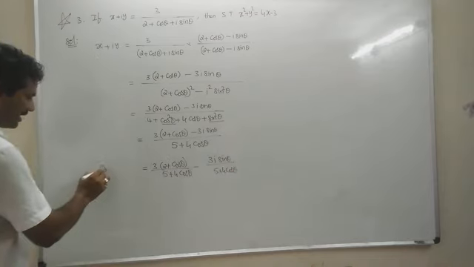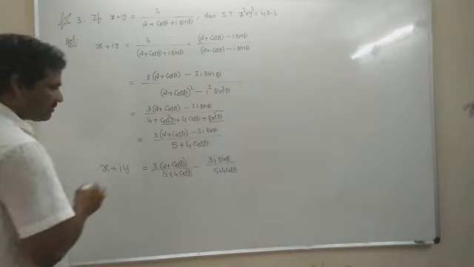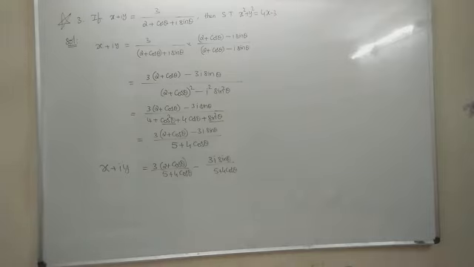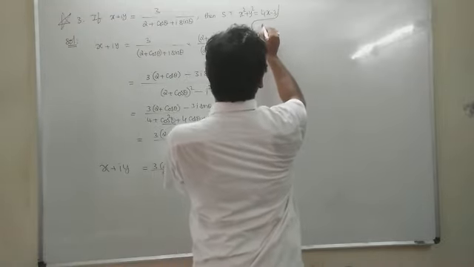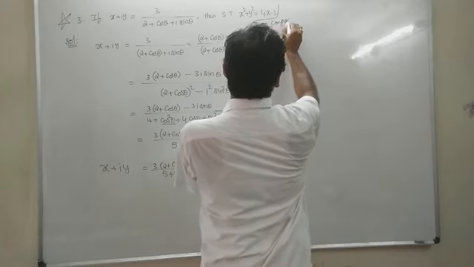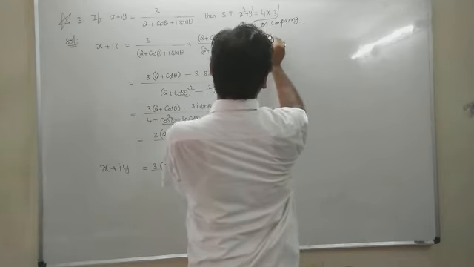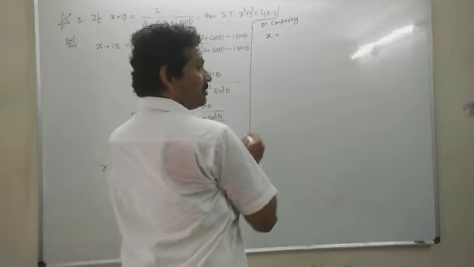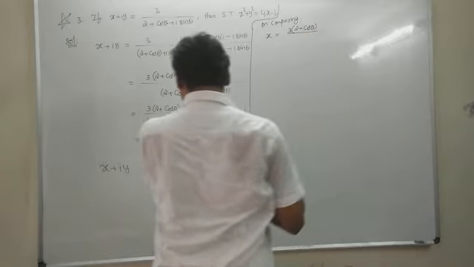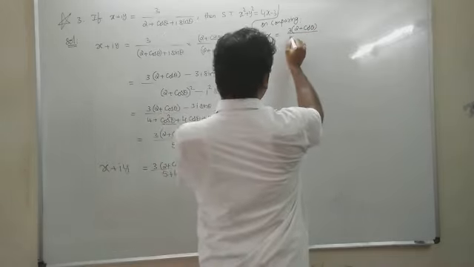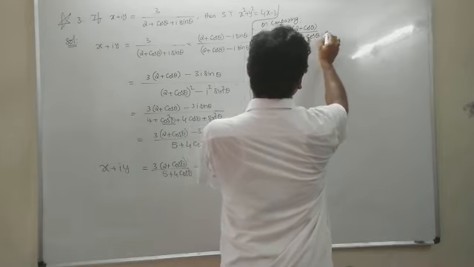So that is the x plus iy. Now on comparing, what is the x value? x equals 3 into 2 plus cos theta by 5 plus 4 cos theta,